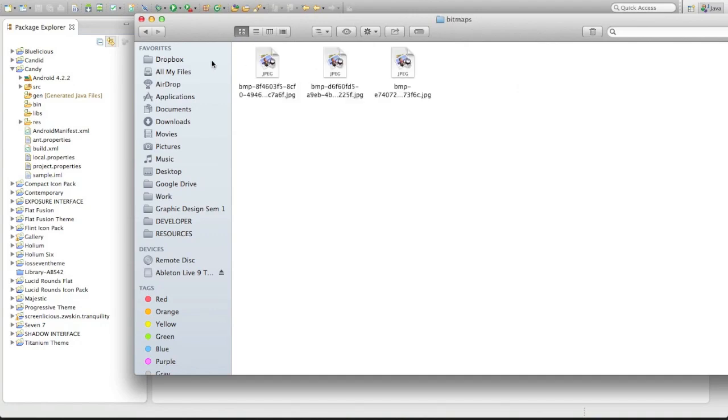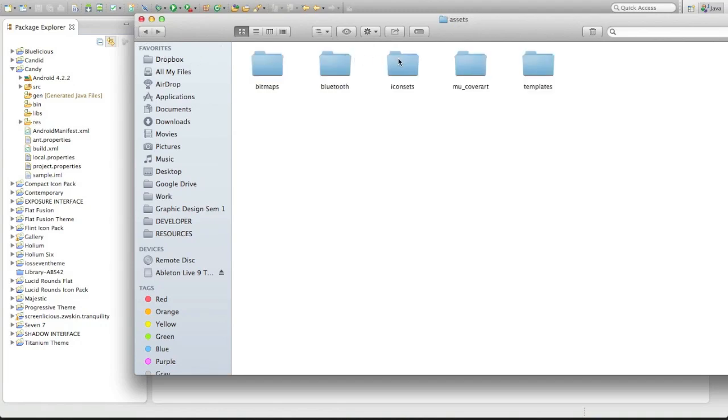So bitmaps, it's just your images. You don't configure anything in here. Bluetooth, you do not configure anything in here as well. For the icon sets, you don't have to configure it, but I usually do configure it. So you just remove the .jet